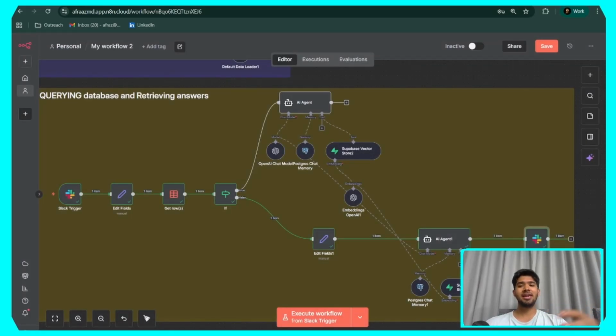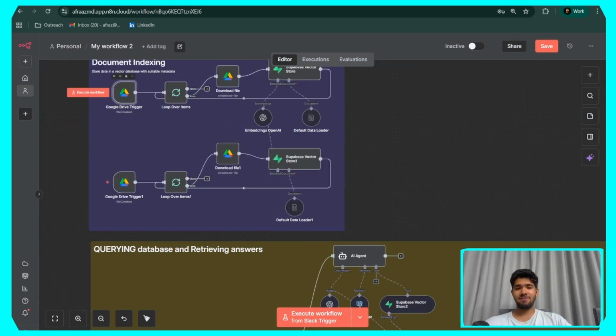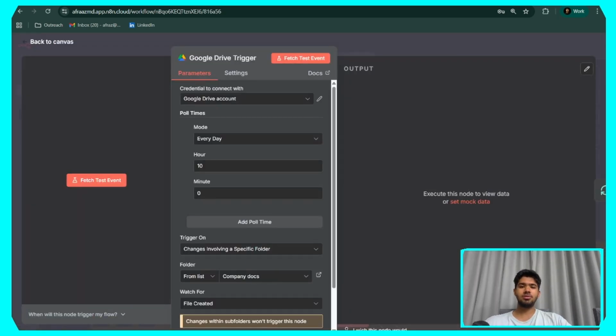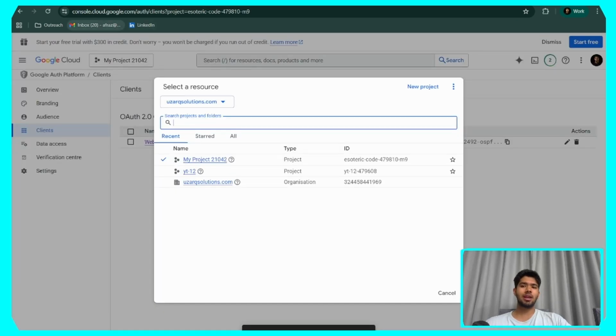Now let's go ahead and I'll be showing you how you can create your own credentials and set it up for yourself. Okay, let me show you how to set up the Drive credential. So you need to click on the node, copy this redirect URL, and then you need to head over to console.cloud.google.com. You need to create a new project,